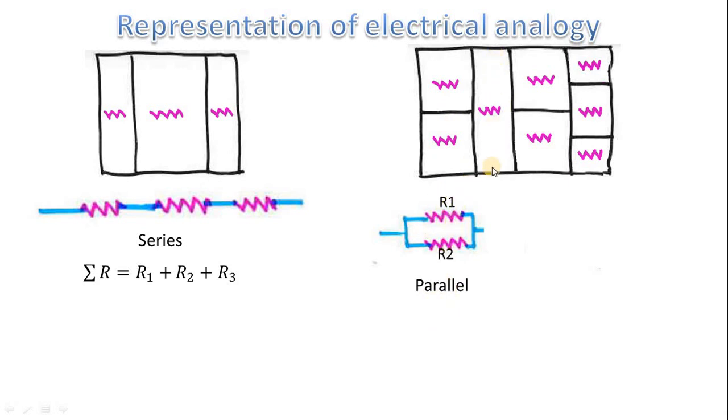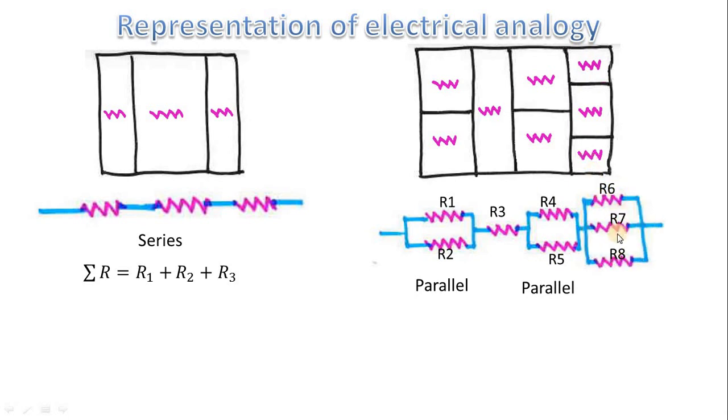If I consider this a second vertical slab, then the R3 single. For third vertical slab, there are 2 intermediate slabs. So I will take here one parallel connection. And again lastly, there are 3 resistances. So I will take here 3, R6, R7 and R8. Now we need to convert this electric circuit into a series electric circuit in this one.